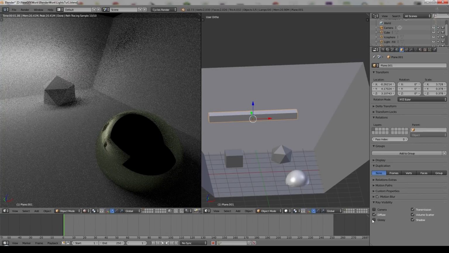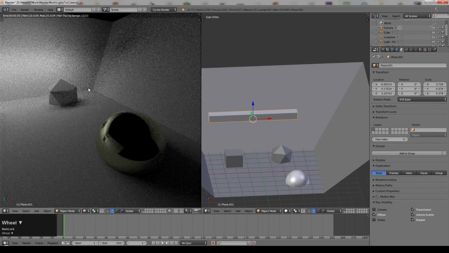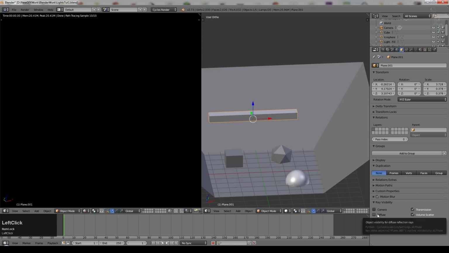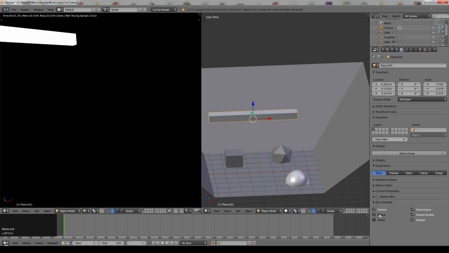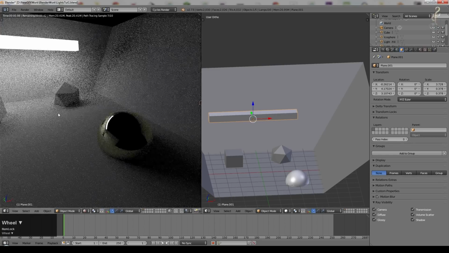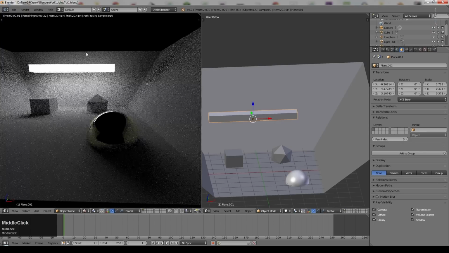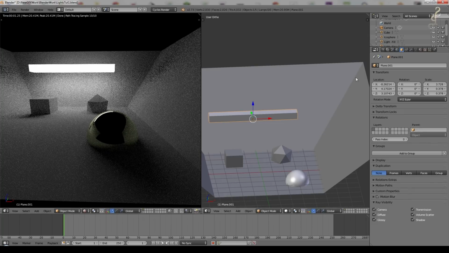However, the more of these things you switch off, the less accurately your scene will be represented. So think very carefully about whether or not you want to hide the lamp in the scene. For example, if I turned off diffuse, the scene goes completely dark. If I just turned on glossy, there's the reflection. If I just turn on camera, there it is, but not the scene. So you need to think about whether that's what you want. Obviously you can make this much smaller, but in that case you'll need to make it much brighter. And again, the size of the lamp will affect how hard the shadows are.